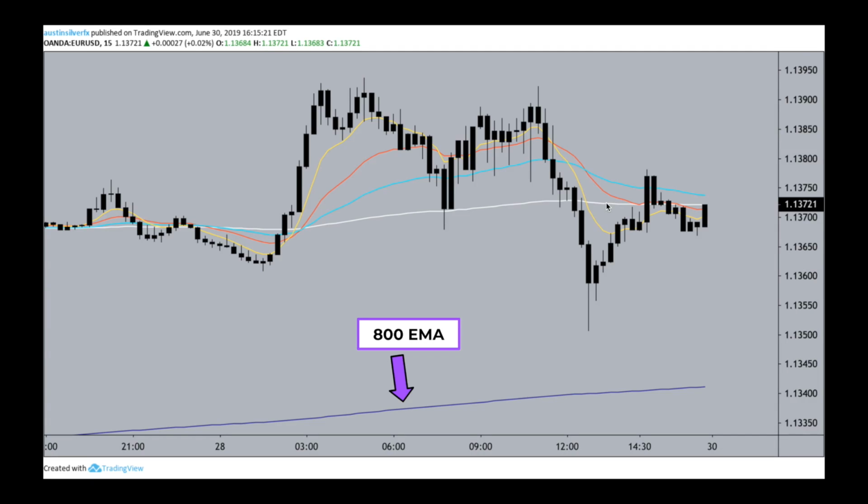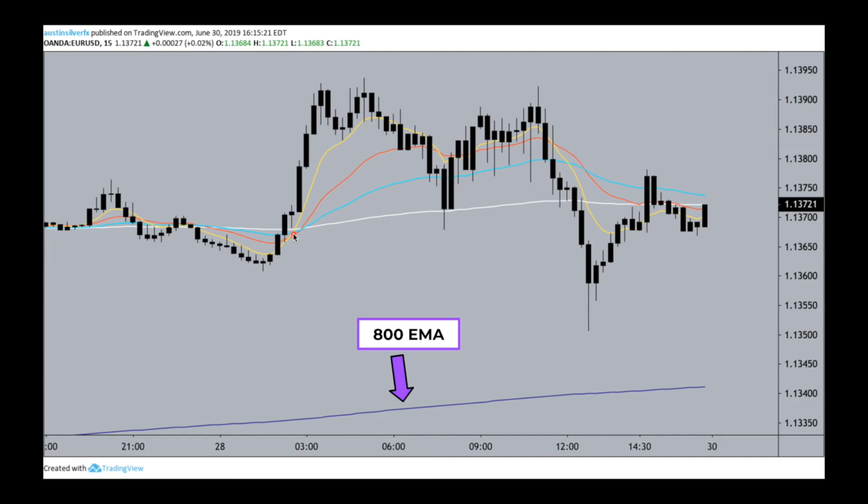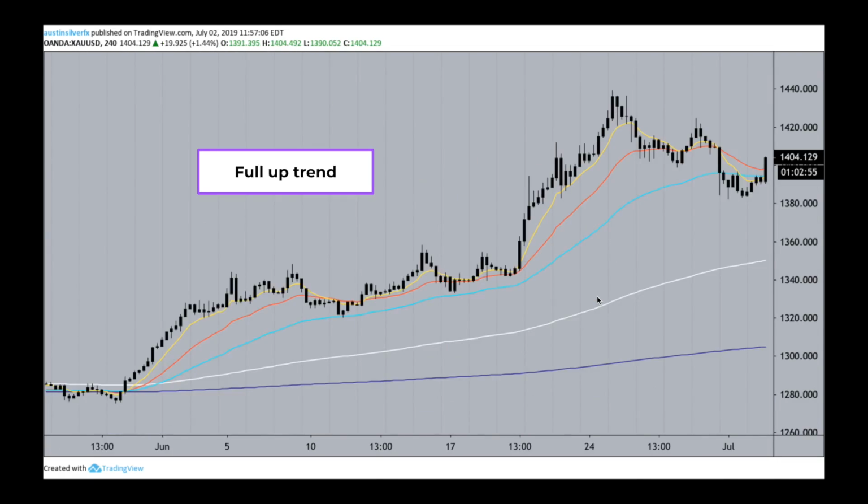If price action is above the EMAs, you're in an uptrend. If price action is below the EMAs, you're in a downtrend. Remember that, write that down. So here, with us above the 800 EMA, overall, we're still going to be long biased. We're still going to want to see this come higher for the most part. Not to say that we can't make money to the downside, but there's going to be more money for us in this position, in this pair, to the upside.